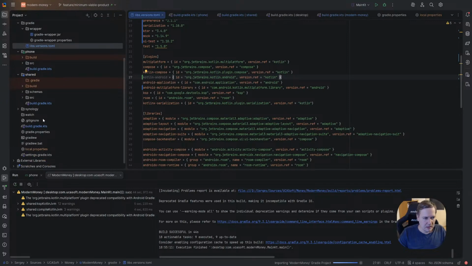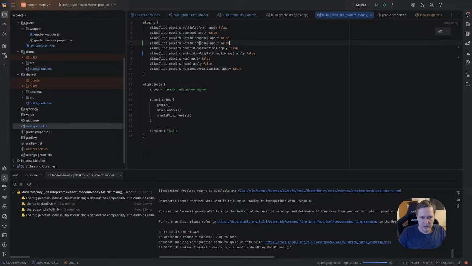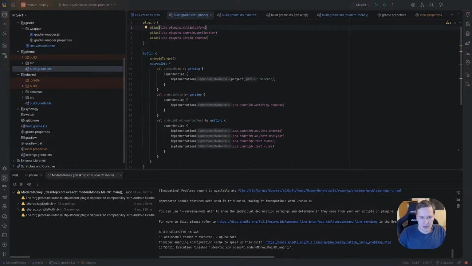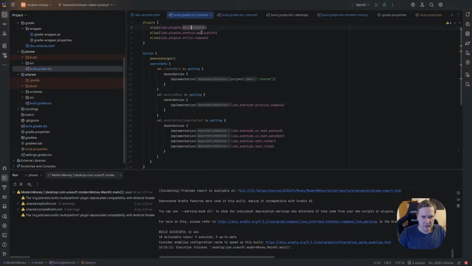While it's thinking, go here, and we need Kotlin Android here. Okay, go to the phone and instead of multi-platform plugin, let's call it multi-platform, to be honest. We should have kotlin.android.